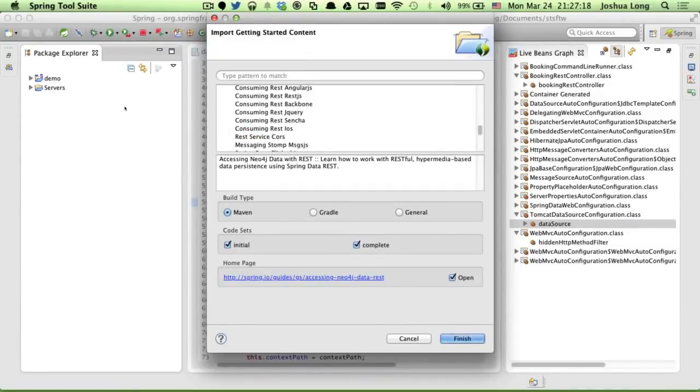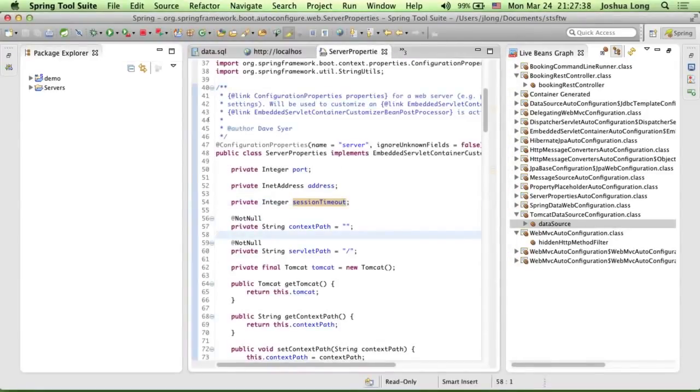Just go to this dialog, choose one, choose the build type. Maven or Gradle are supported by default, and then choose which code set you want to use. So out of the box, for example, you'll get the initial working project, which is basically an empty skeletal directory structure, and then you'll get the complete project, which contains the finished project that you can follow along